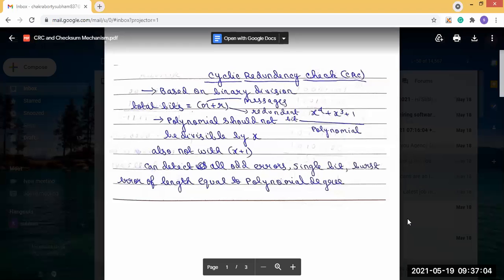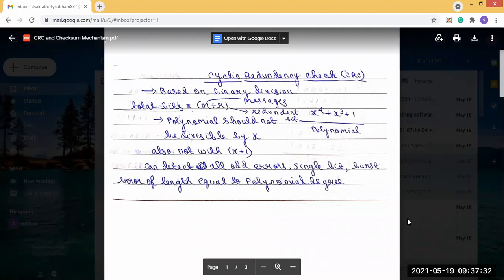Now for exam purposes, you will be given two numbers. One is a divisor and another one is the dividend. You have to perform the operations and get the desired output. So I will show you the method. But before that, some theory portions are needed.